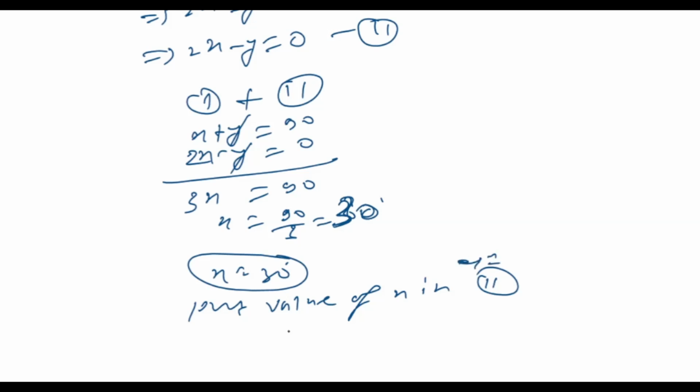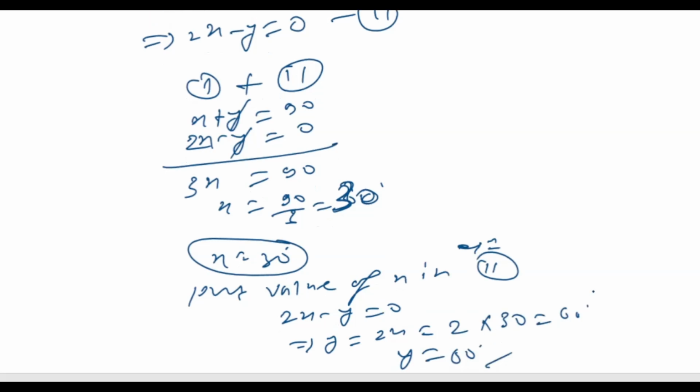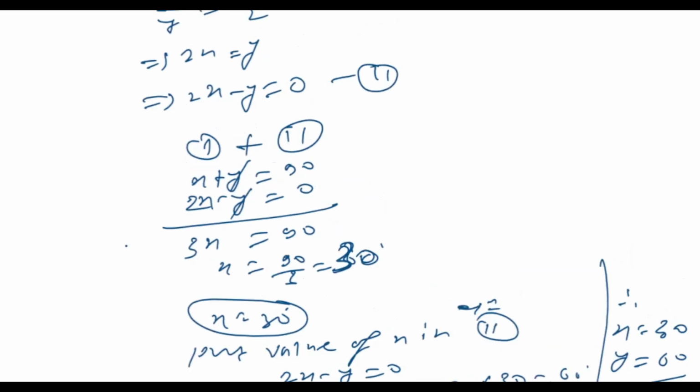Equation 2 is 2x minus y equals to 0. It means y is equals to 2x, and value of x is equals to 30, hence 60. Y is equals to 60 degrees, and it has been solved. So we can say that x is equals to 30, y is equals to 60 degrees. This is the solution of the question